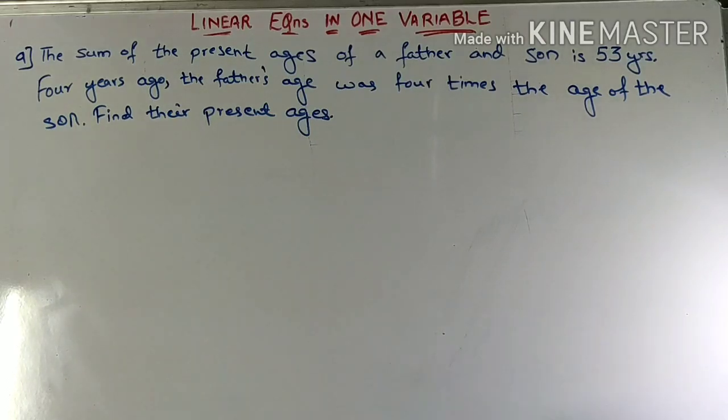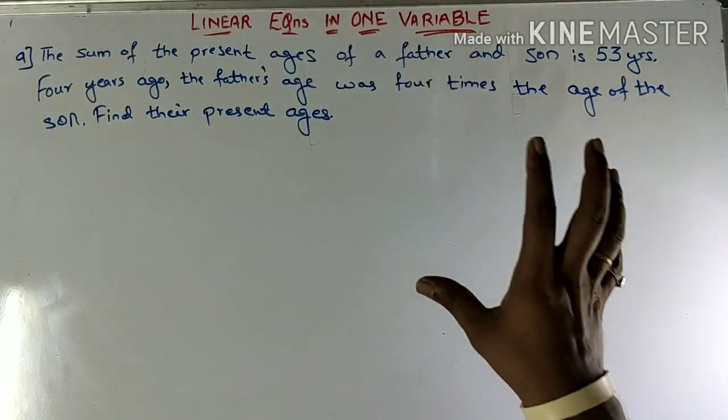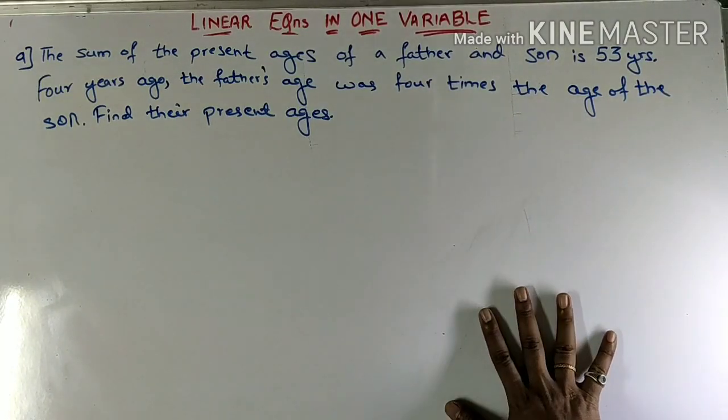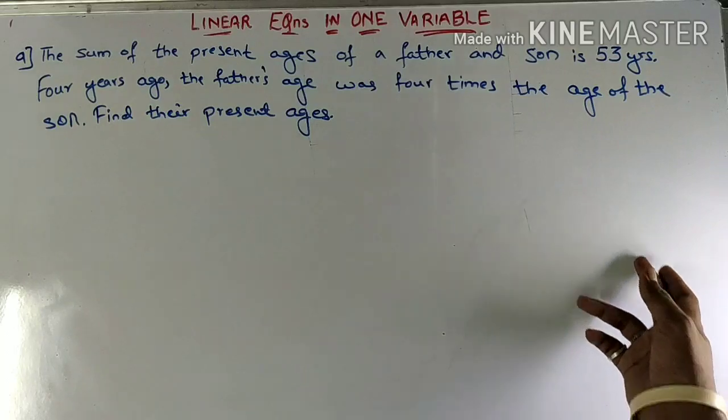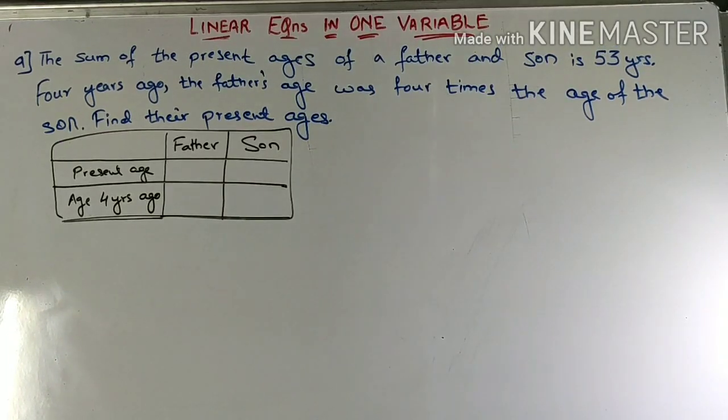So always remember, initial statement of a problem, whenever it is a sum of two numbers or the difference between two numbers or the product of two numbers, in that case assume one as variable and the other you find it by the relation given in that first statement. So in this case also we'll have to proceed in a systematic manner. We need to make a table. So this is the kind of the table. Don't go for the neatness of the table, please. What we want is a collection of data and representing it in a systematic manner.